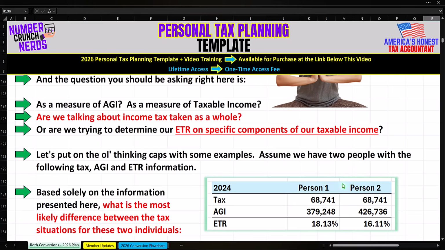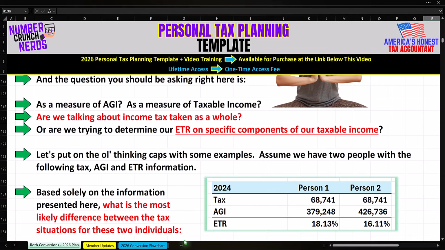Now, we also have person 2 right over here. They have the identical amount of tax, $68,741, but their AGI for the year is $426,736, resulting in them having an effective tax rate based on a measure of AGI of 16.11%. Okay, now based solely on the information presented here, what is the most likely difference between the tax situations